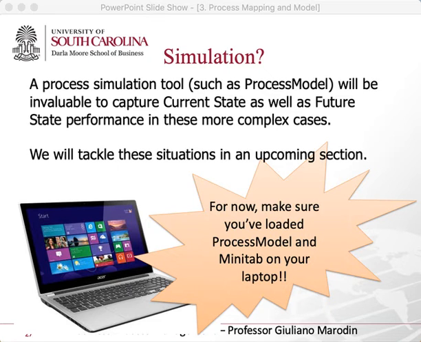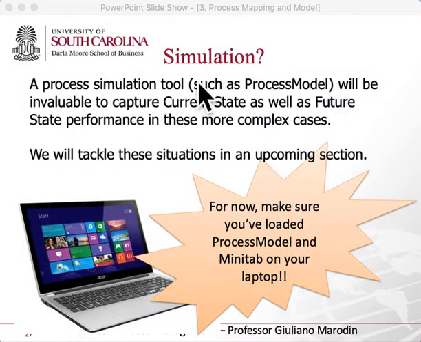So the final slides that we have are about simulation, which is basically used after doing the swim lane, which is kind of beautiful, fantastic. Sometimes we use another tool called process simulation. Process simulation is basically collecting data about the process and putting it into software, and the software will run different scenarios and tell you what happens if the data is like this. What happens if you run it a million times or 1,000 times or 100 times? We're going to learn how to do that using simulation. It's called the process model. But that's a very, very cool tool that you guys can use.